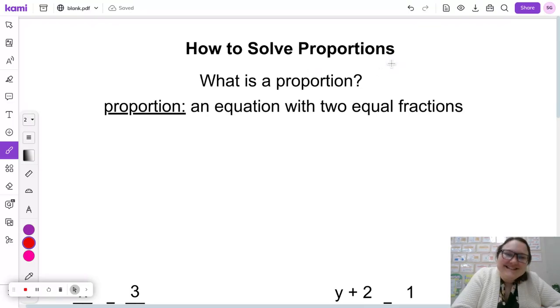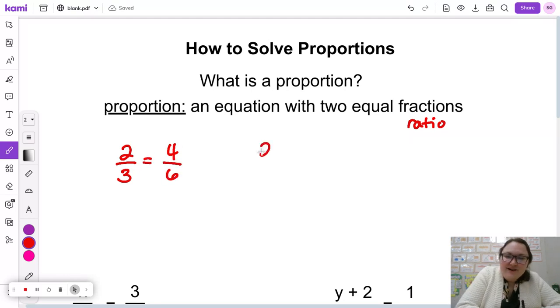So because the lesson is on proportions, what is a proportion? Well, a proportion is just an equation with two equal fractions. And I said the word fraction here, but we can also think of ratios. For example, we have learned that fractions like 2/3 and 4/6, those are equal fractions, or ratios like 2:3 and